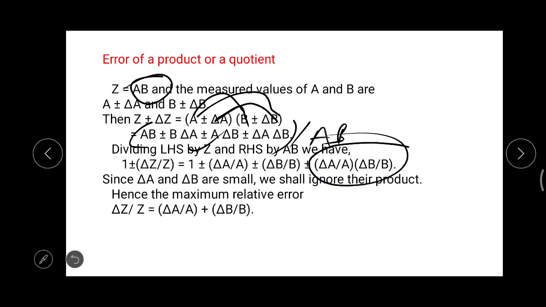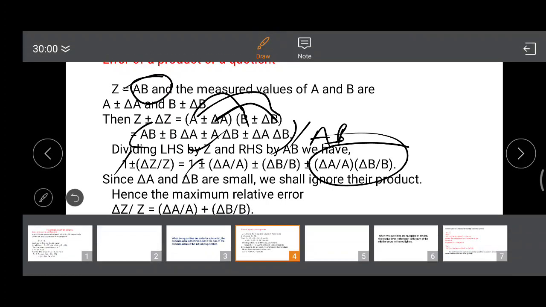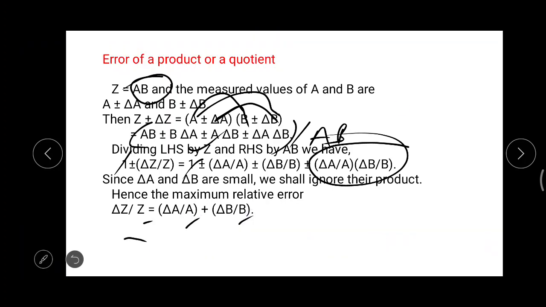So we are ignoring that value, and here the 1s cancel each other, and the remaining will be delta z by z is equal to delta a by a plus delta b by b, where a and b as well as z are the true values, and delta z, delta a and delta b are the absolute errors, absolute mean errors. So you know that delta z by z or delta a by a are known as the relative error. So we can say, in the case of a product or a quotient, the relative error of the resultant will be equal to the sum of the relative errors of the